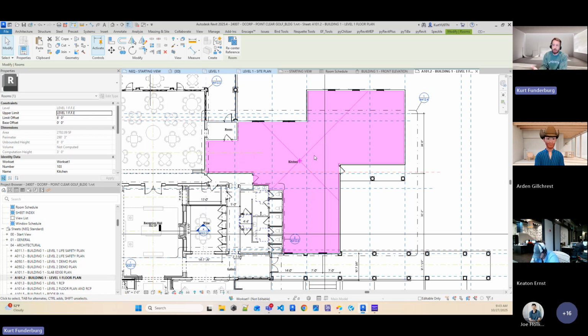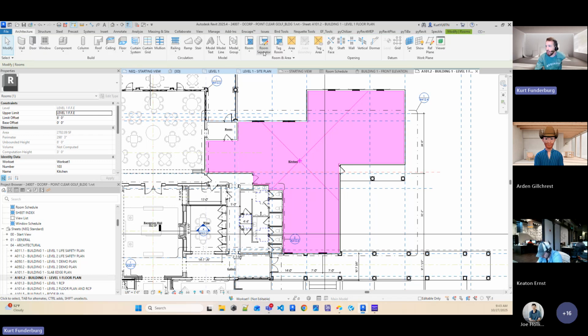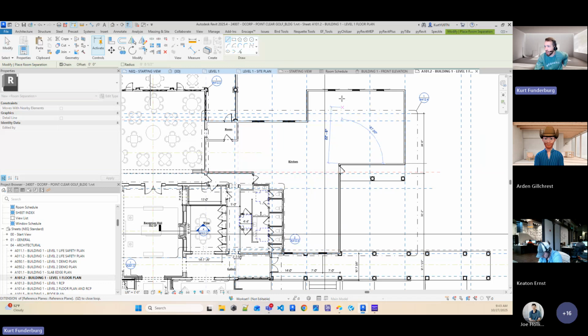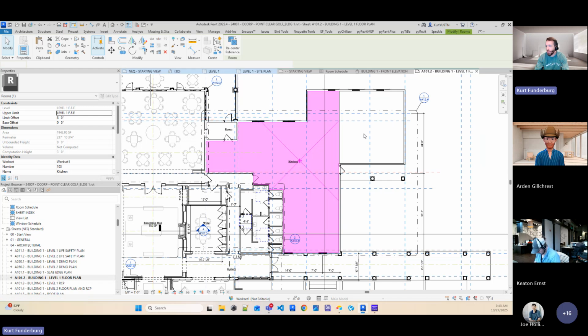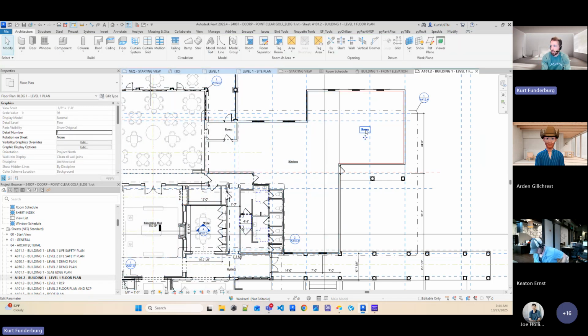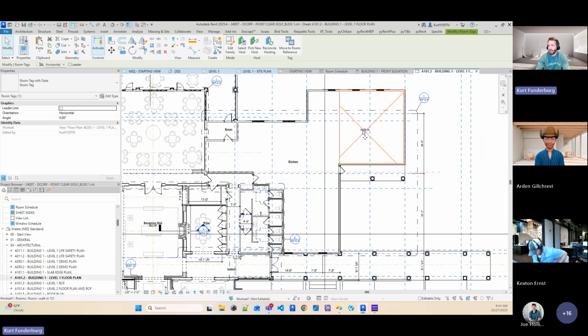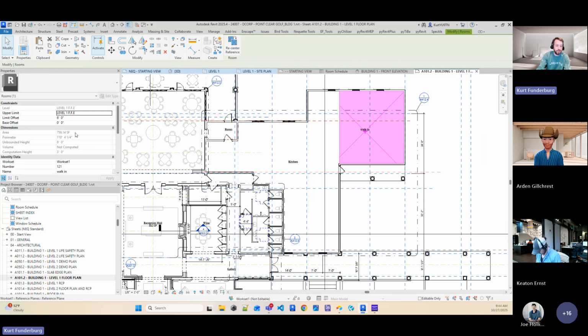While it may not be something I'm actively using, I can use what's there to help me understand the process and the lift that I need to be able to say to the kitchen consultant, hey, I've got a 2,700 foot unit. And then if I were to say that's actually going to be 2 rooms because this is going to be the walk-in here, it'll split that. So now the room is here, and then I can put another room here and say this is walk-in. And then my walk-in is 759. So these are really quick ways of being able to split the building up